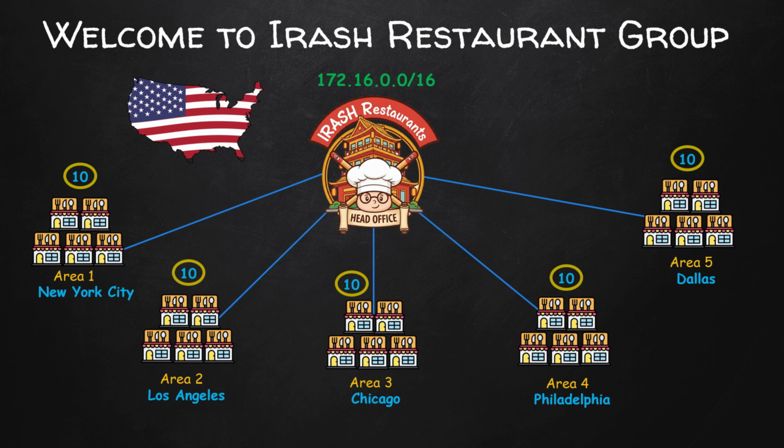Here you can see the iRash Restaurant head office, which is in New York City, and in New York City itself they have 10 branches. And at Los Angeles, they have another 10 branches. Then at Chicago, they have another 10 branches. Then at Philadelphia, they have another 10 branches. And at Dallas, they have another 10 branches. And they assign one IP address which is called